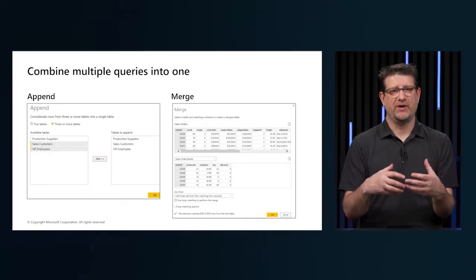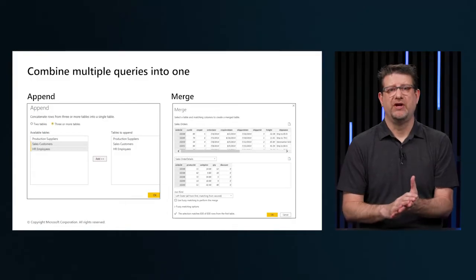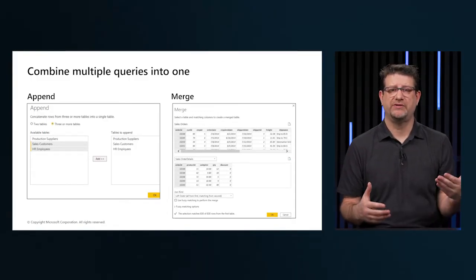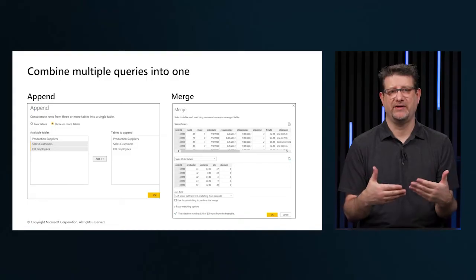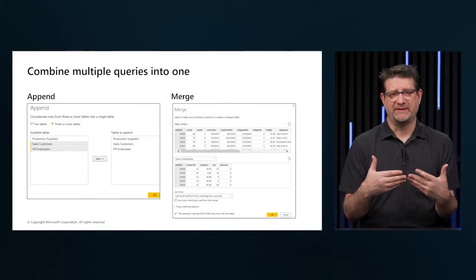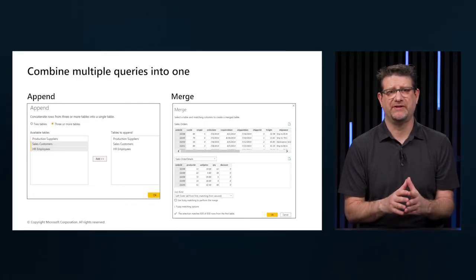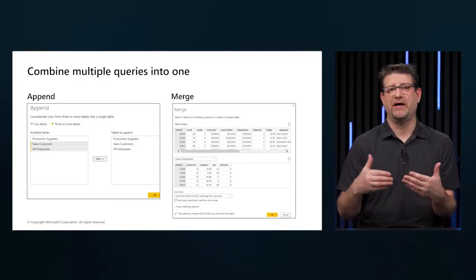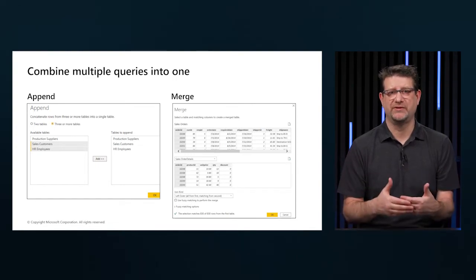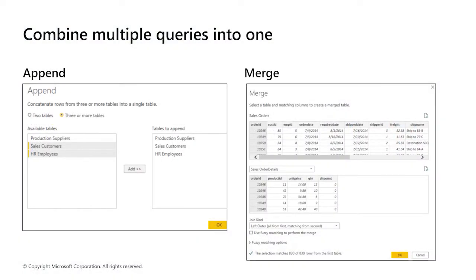Appending is when we add rows of data to another table or query. So for example, we could have two tables, one with 300 rows and another with 100 rows. When we append the queries together, we will always end up with 400 rows. Append queries will not remove duplicates. Append works best when the columns match exactly. However, if the column sources in the queries are different, append will still work, but it will create additional columns as needed for the sources. And if one of the sources doesn't have the same values as the other table, then we will end up with null values or empty cells.